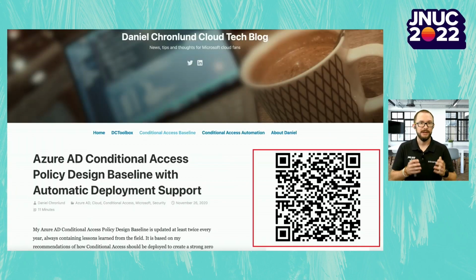The second one, and no, this QR code is not malicious, I assure you. My MVP colleague Daniel Kronlund has a fantastic conditional access baseline that goes beyond what Microsoft offers today. It is also built to allow for a fully automated deployment and maintenance over time. So you can basically do infrastructure as code with conditional access.